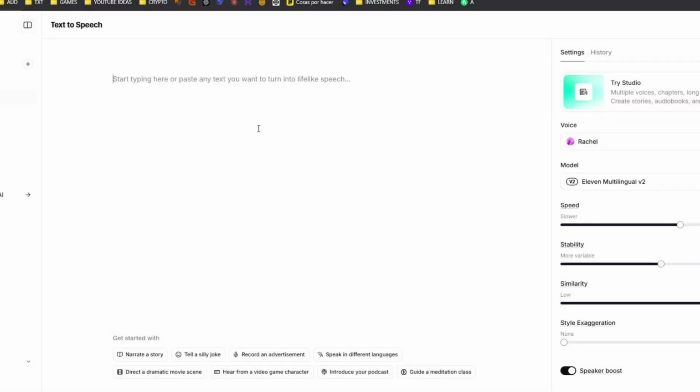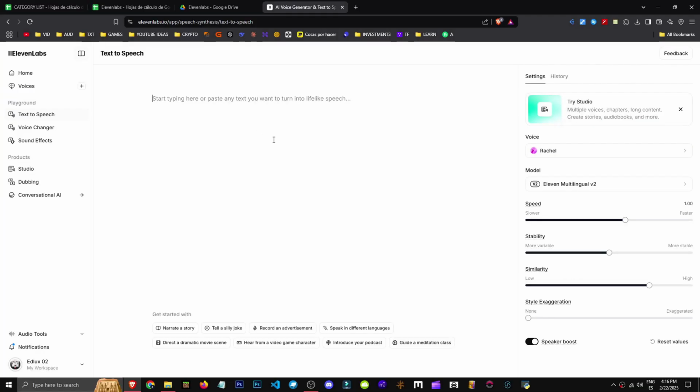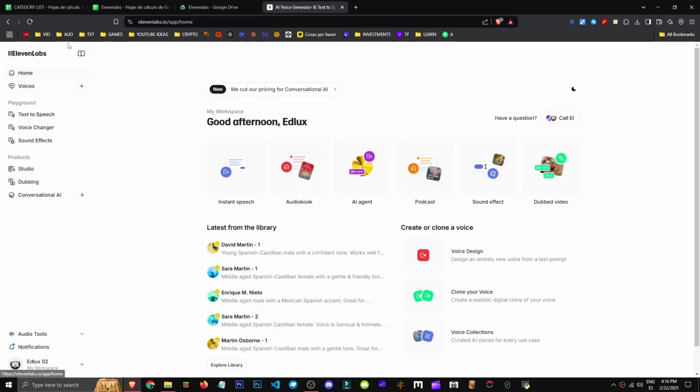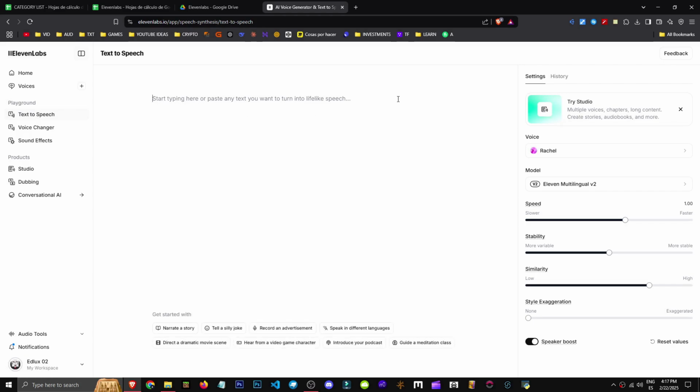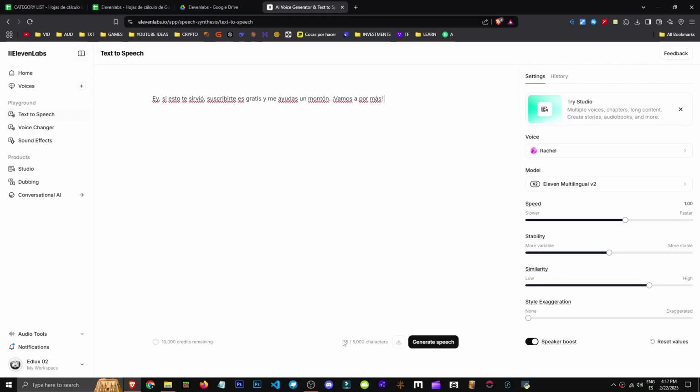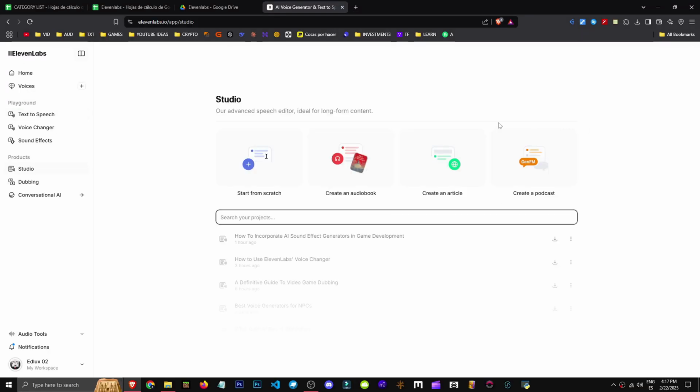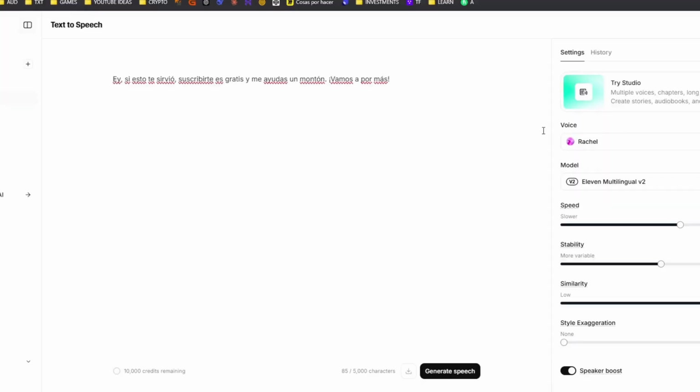Alright, how can we generate audio from text using ElevenLabs? Well, basically we need an account, and we'll go to the text to speech section. We'll select this area, and here it says start typing here to paste your text. We'll paste the text here. It shows 85 of 5,000 characters, 10,000 credits left, and various settings. The Studio is better for long form content, as it says here, but let's go back and generate the